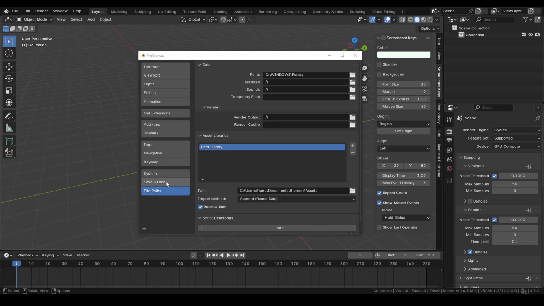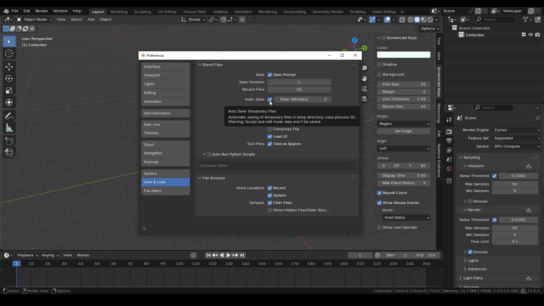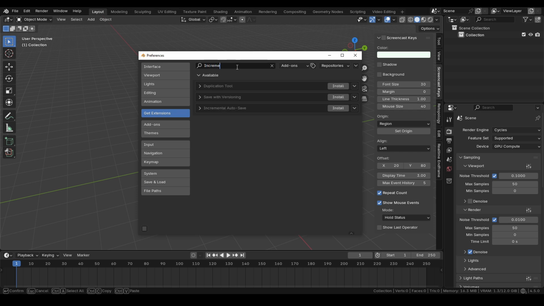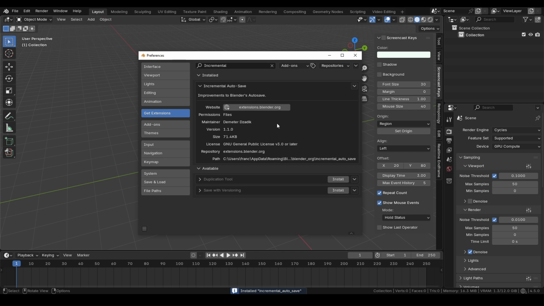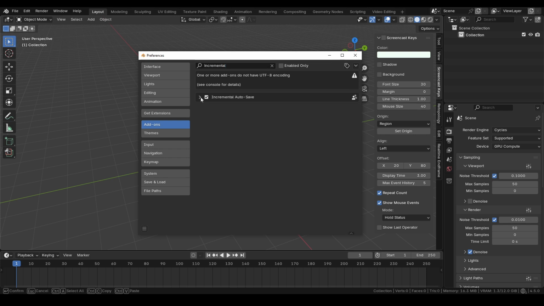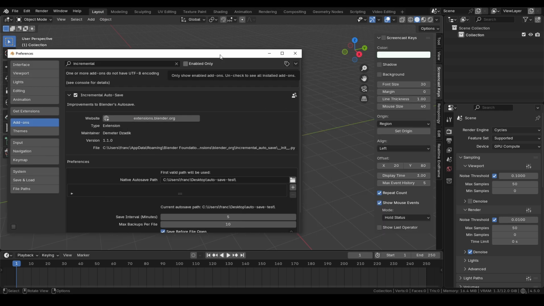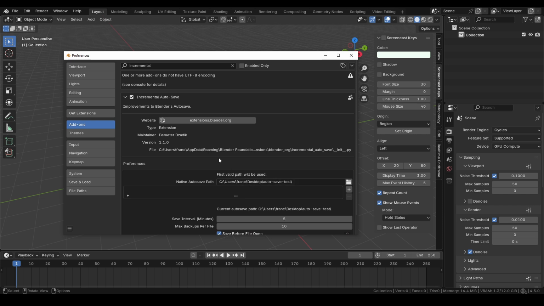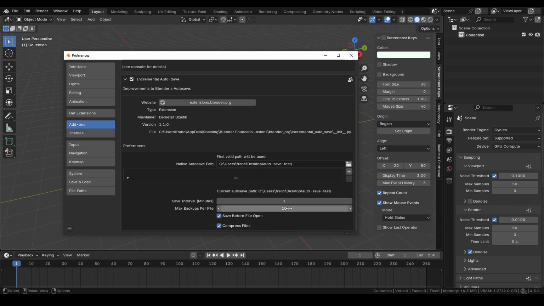As I mentioned earlier, autosave files are stored one per project, meaning Blender will overwrite the current project's autosave file at the time interval specified in Preferences. However, if you want multiple autosave files to keep a history of changes, you can install the Incremental Autosaves extension from the Extensions tab in Preferences. After installing the extension, go to the Add-ons tab, search for it there, and adjust the parameters as you prefer. Don't forget to click Save Preferences before closing the window if the Autosave Preferences option isn't enabled.